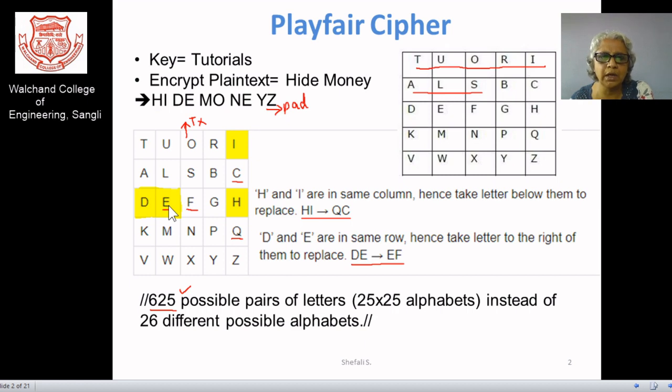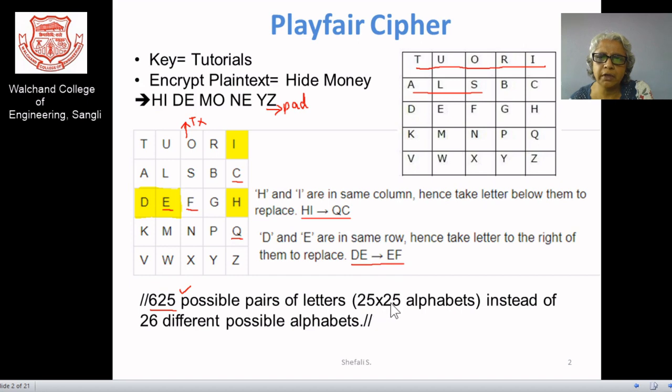The step size is 1 and the direction of movement may be left to right or right to left, but that should necessarily be indicated. So D has the replacement E, and E has the replacement F. So DE is converted into EF. So HI, DE is converted to QC, EF. I think you can understand it very well.